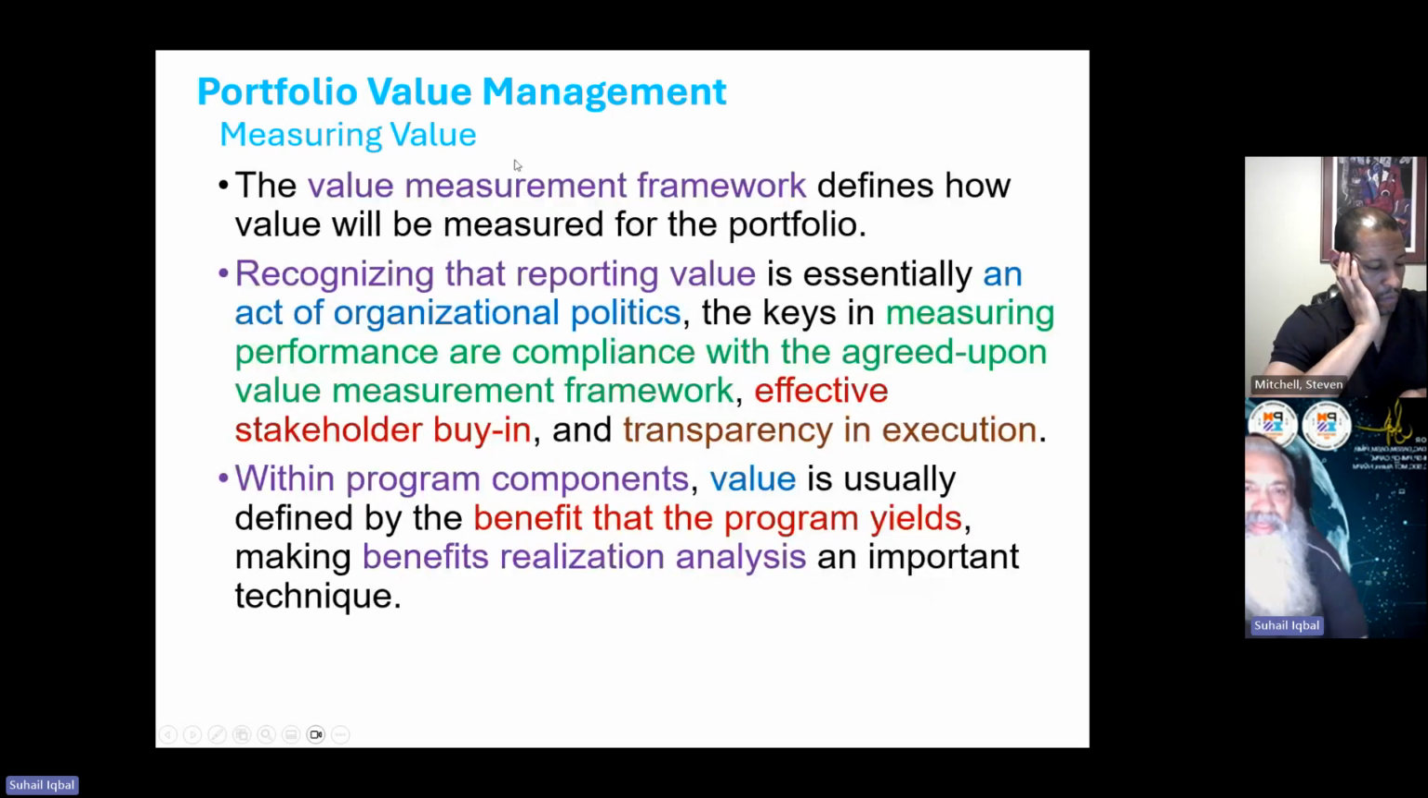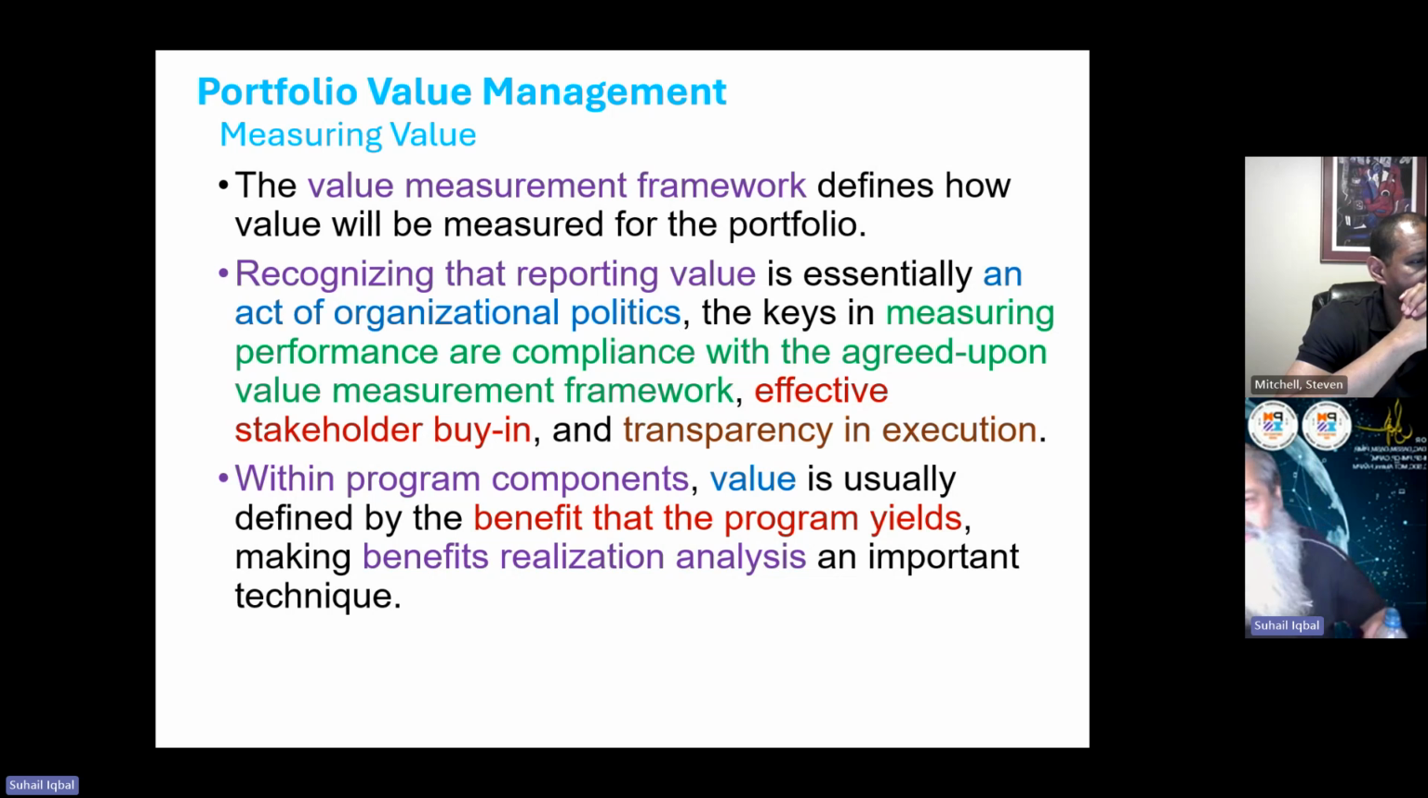Measuring value. The value measurement framework defines how value will be measured for the portfolio, recognizing that reporting value is essentially an act of organization's politics. Now, when we say politics, I would mean that when we are exercising politics, we probably are hiding certain things from certain people. We are being selective. We are not being transparent. But anyways, if you call that politics,